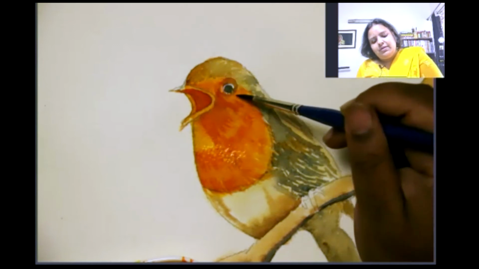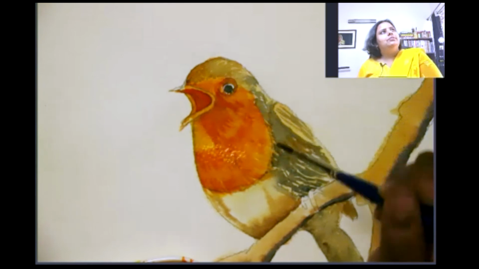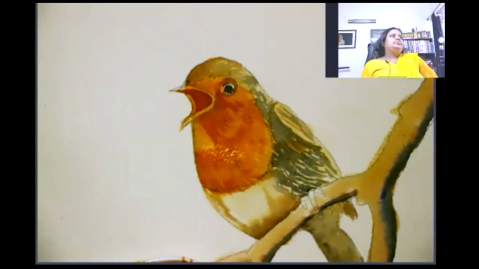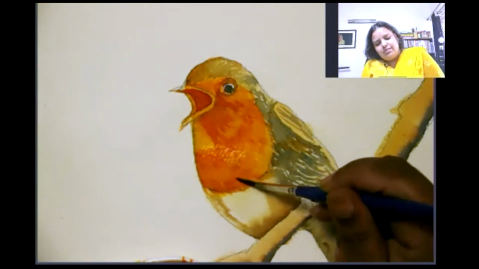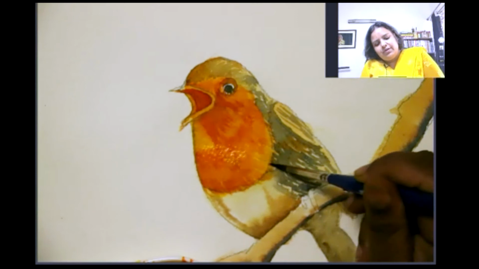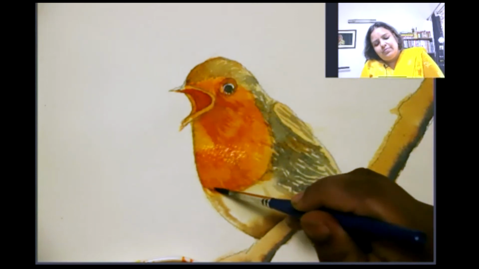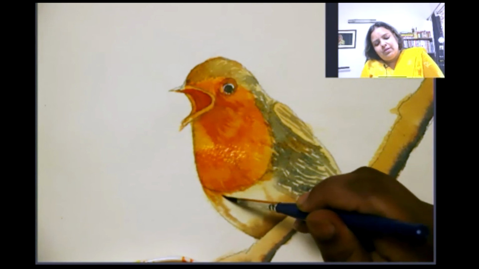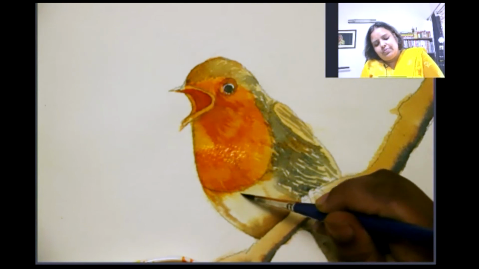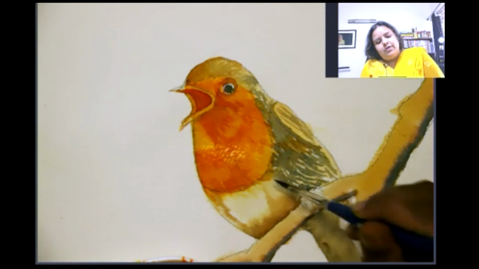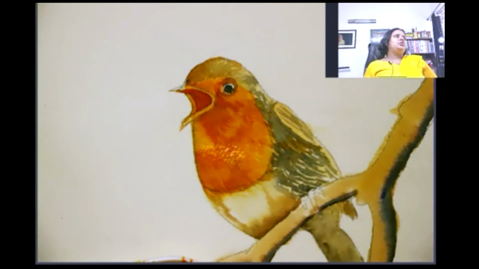Just paint. As you continue to practice every day, it will improve. Don't put a lot of pressure on yourself. Just enjoy the process of painting.